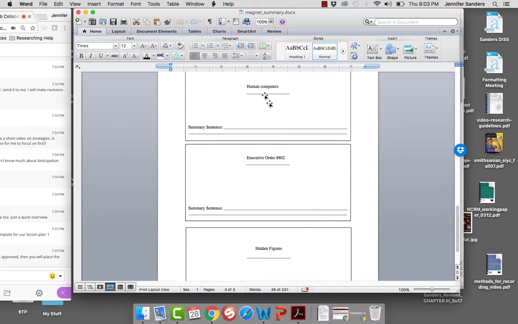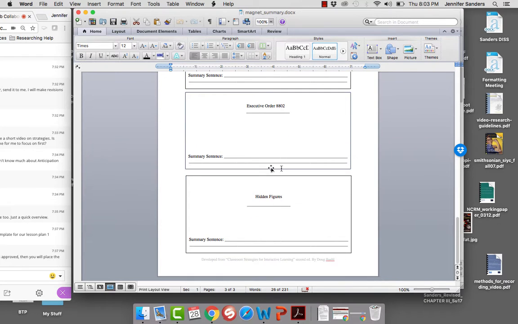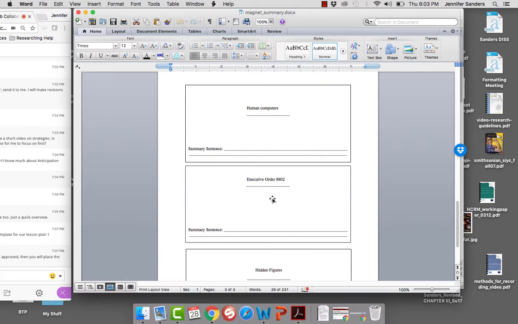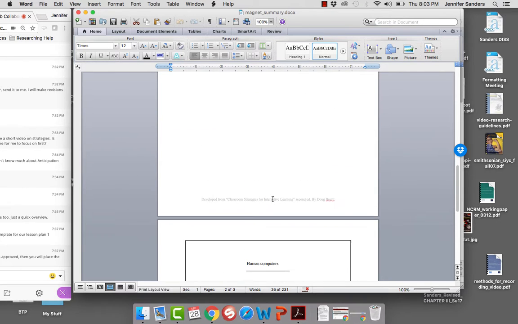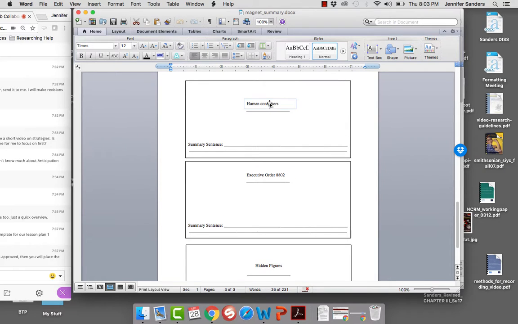Hidden Figures, I would model how to do the human computers. Then I would guide with the executive order. I would guide with Hidden Figures. Then my students are actually going to read a supplemental text, and I'll already have some concepts pulled out. And so they're going to do a few concepts